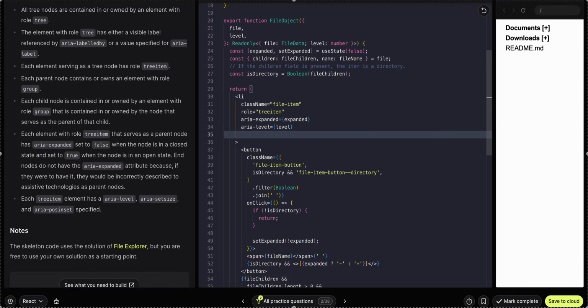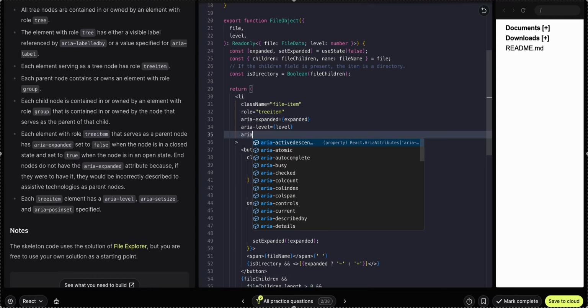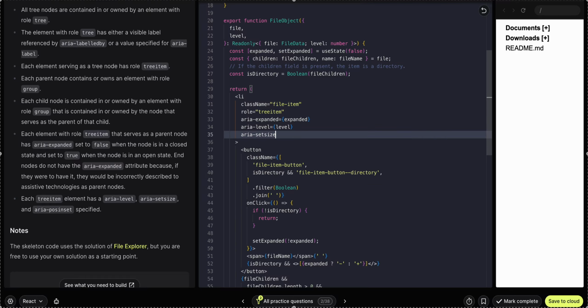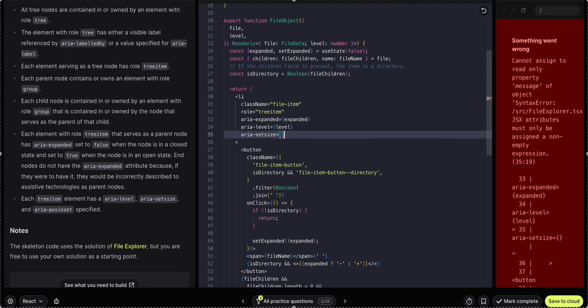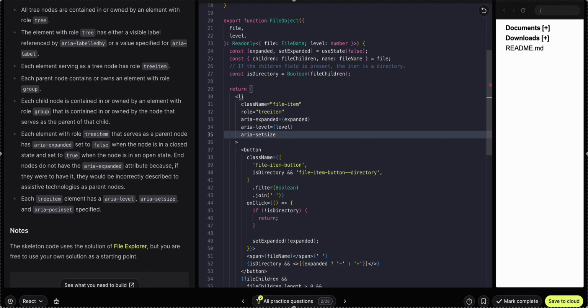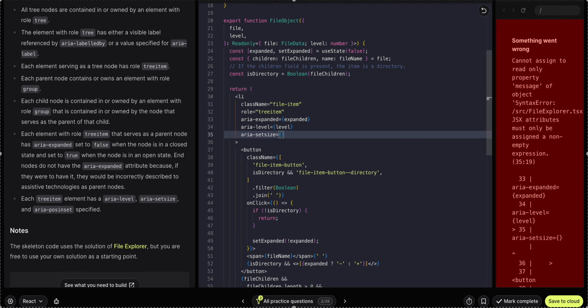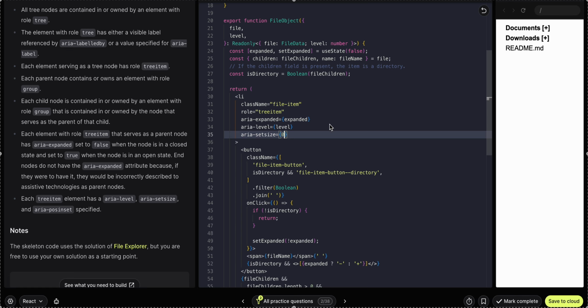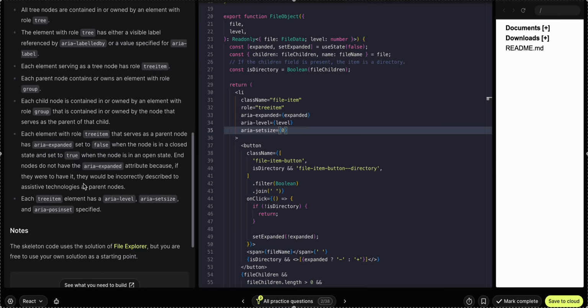So aria-set-size is okay. Let me tell you, let's put something 0 or something, so that we don't get any error. We add the aria-label. Whenever we add the aria-label, we have to add another thing called size. Tree item,